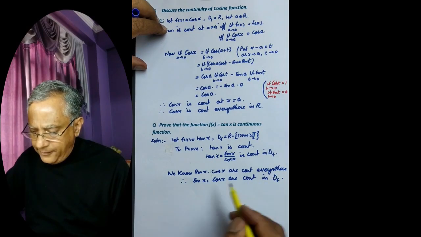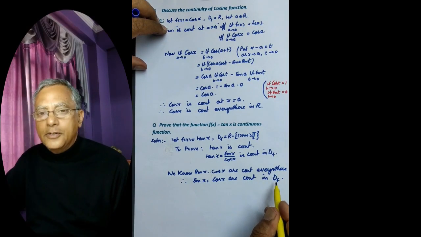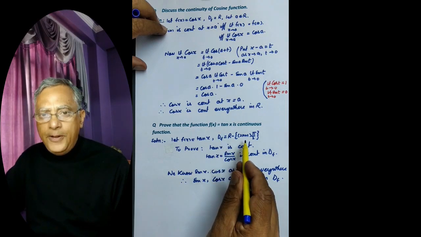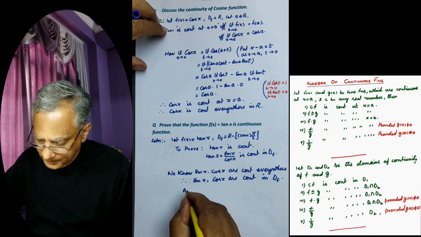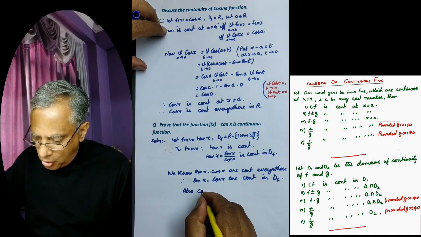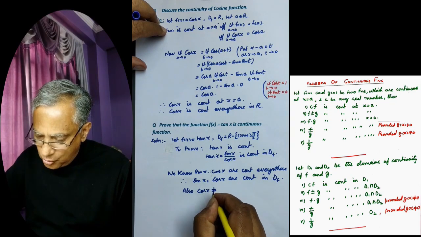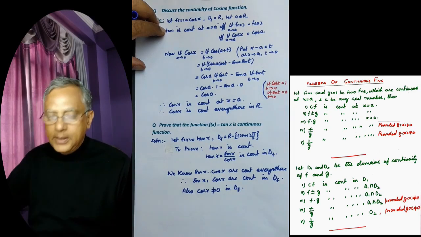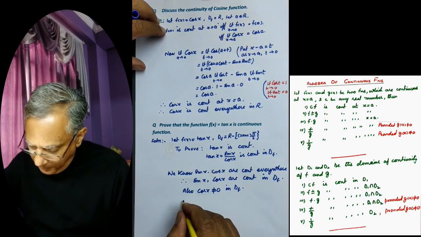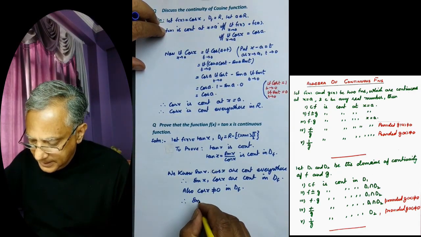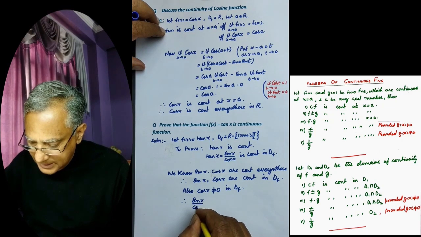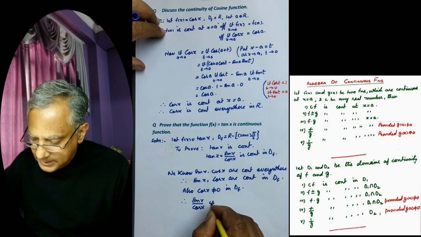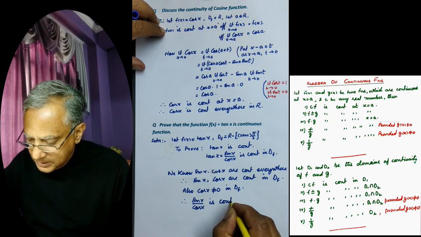Also, cos x is not equal to 0 in domain of f, and therefore sin x over cos x is continuous